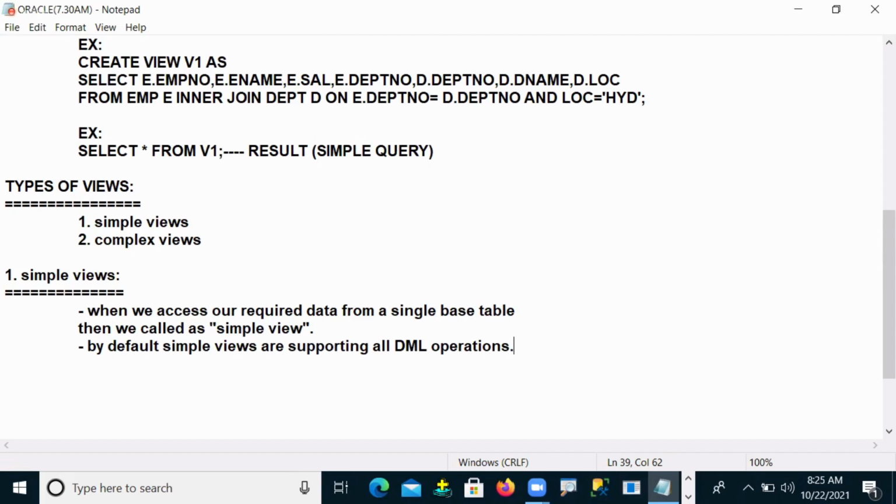Through a simple view, the user can send insert, update and delete requests, and these requests are sent by the user through the simple view to the base table.